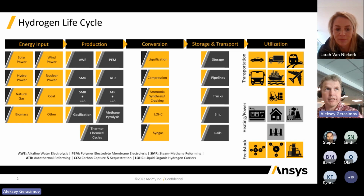Hydrogen is typically a very vast subject. It has been around for quite some time. Hydrogen-related technologies, we dealt with them for a number of years, but they also experience a certain shift as we go into the green hydrogen when we want to produce it in the most environmentally friendly way. So as Lara said, we open a poll so that we get a bit more feedback from you, from the audience, just to see which particular subject is of more interest to you so that we can do deep dive sessions later on or take it to a different level. This particular